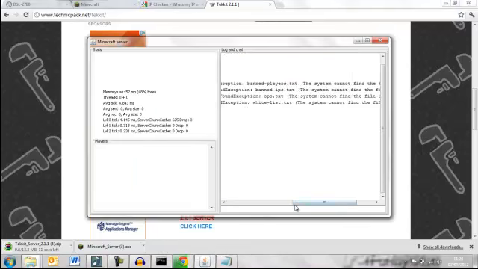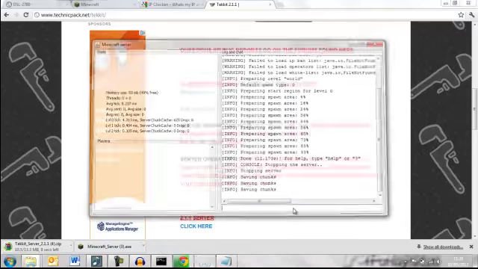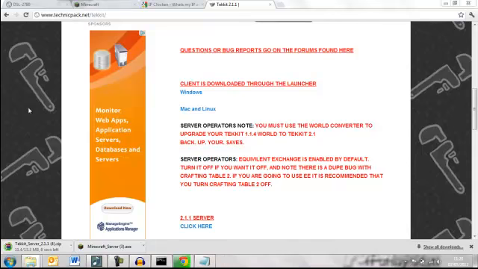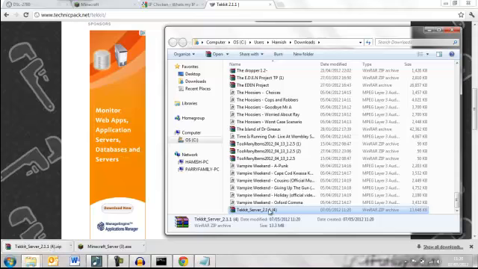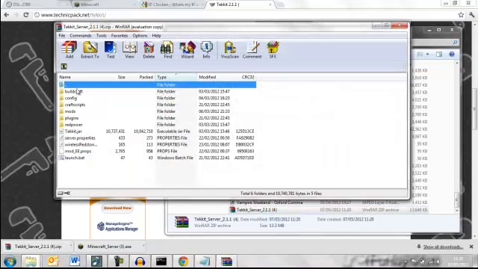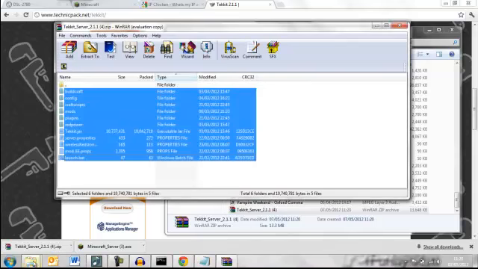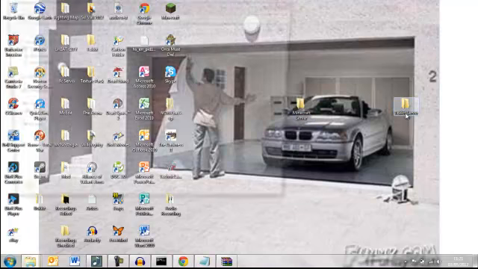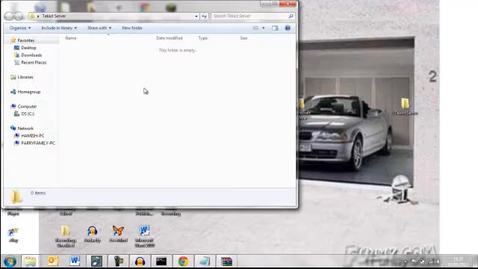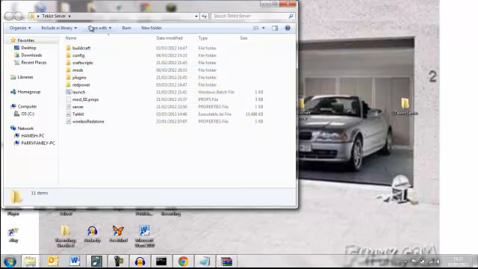I'm going to stop this server for now. Stop the server. And this is quite a bigger file than the other server. So you want to go show in folder. You want to open it, and you'll see all of these. Now you want to select all of these. You want to copy it, and you want to open the Tekkit server. So then you paste it in. Very easy. You've got to paste all these folders in,